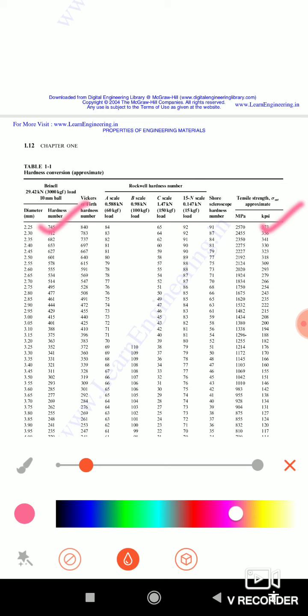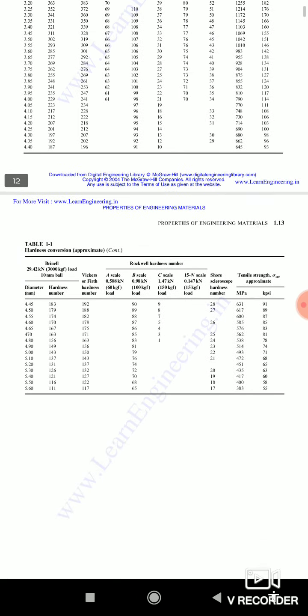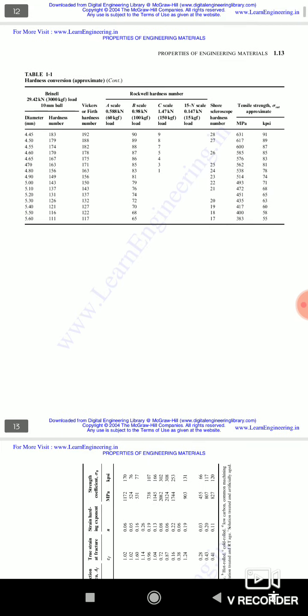A similar value in kpsi is also given, that is, both the SI unit and the CGS unit are mentioned here. Let us take another example. Let us suppose the diameter mentioned here is 3.15. Then you can easily extract that for a 3.15 diameter the tensile strength will be 1338 megapascal. So these are the various parameters which we can get from this design data book.